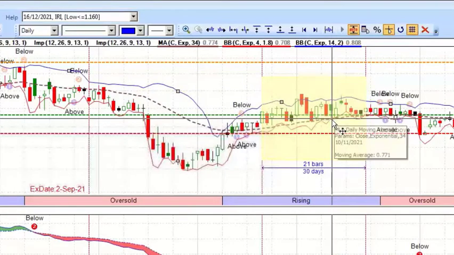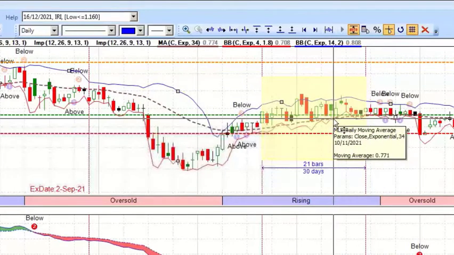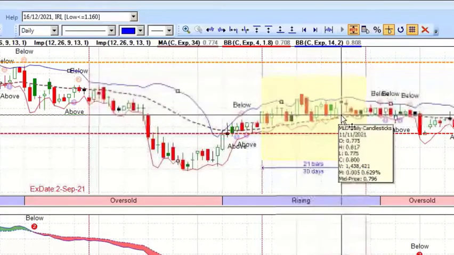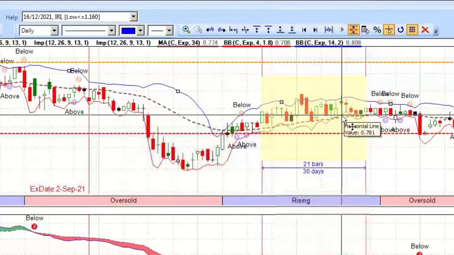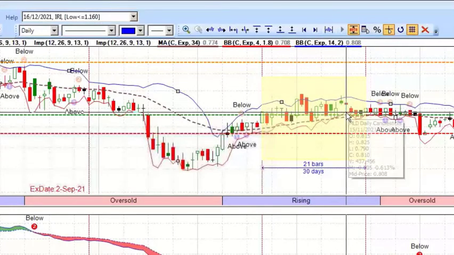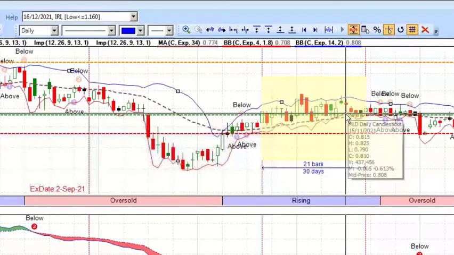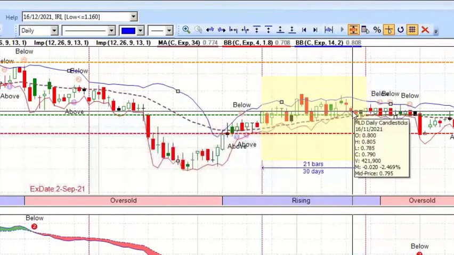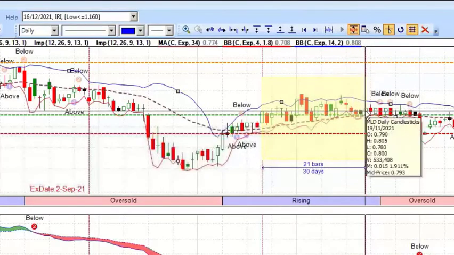The next day I would have been at that point had I decided to trail. This day I would probably still have been in, but the very next day, by having lifted my trailing stop, I would have been taken out, and probably done a bit better than had I let it run full time.